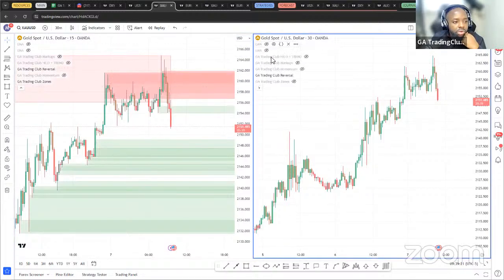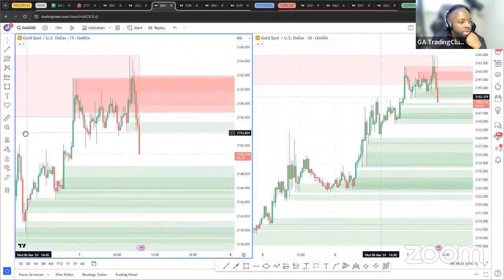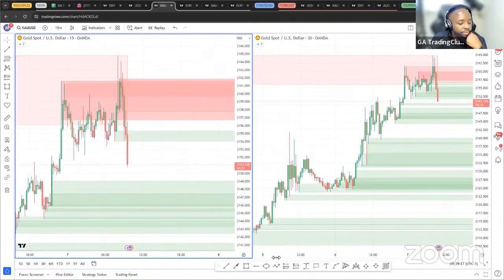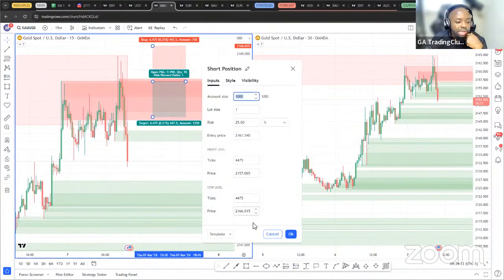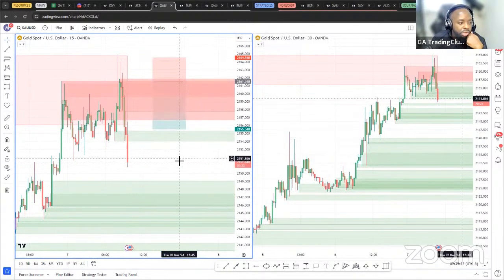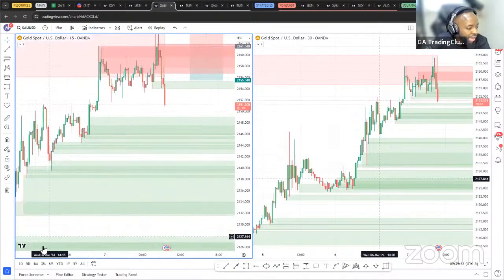So here on gold, let's turn on the zones. Here we can see on gold, we do have this zone all the way up here, 21. And these are zones as well. You can do stop pending orders. So that's a sell zone on gold up there. If we're looking to buy right here,